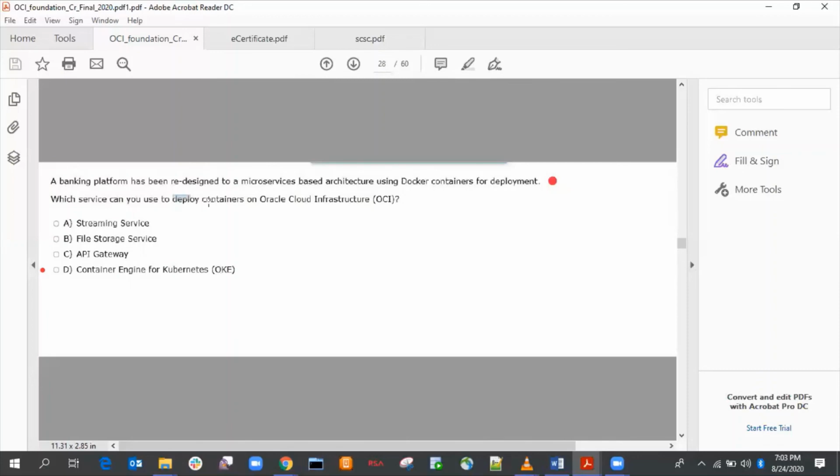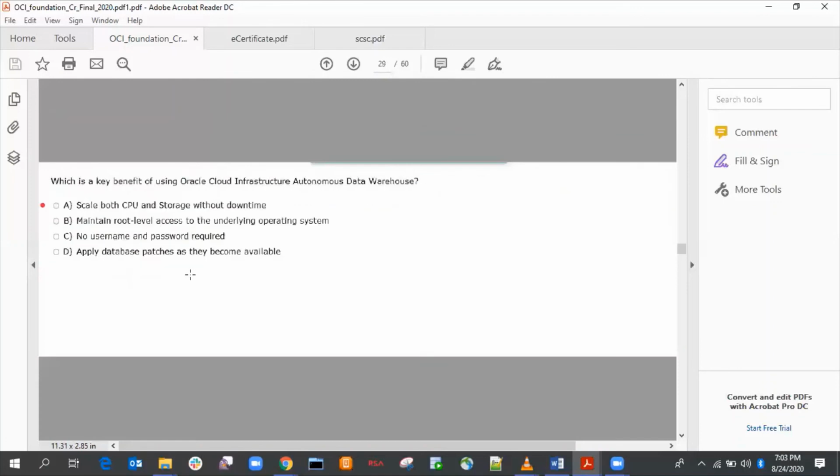Then we can deploy the container using Container Engine for Kubernetes. Next, the key benefit of Oracle Cloud Infrastructure Autonomous Database: using OCI Autonomous Data Warehouse, you can scale both CPU and storage.